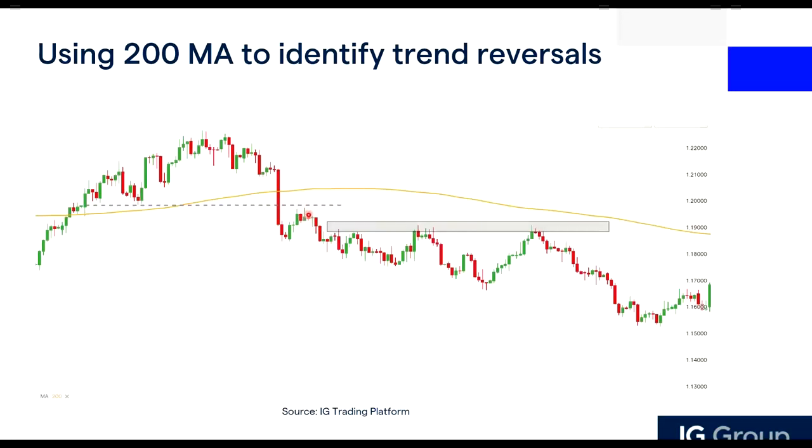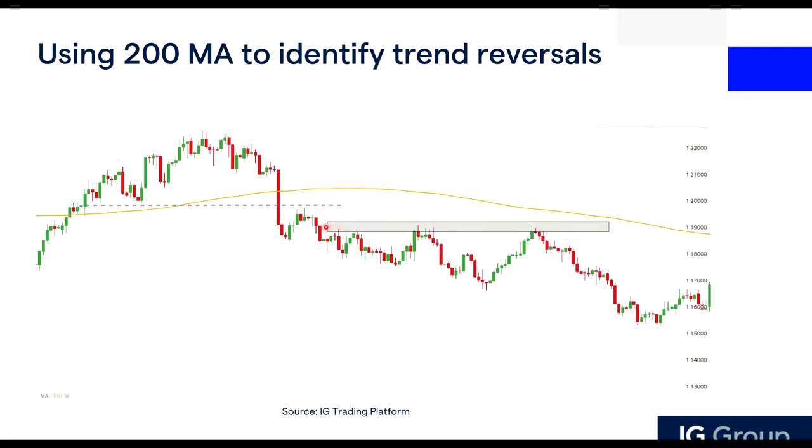So what you can do here as confirmation, again, is to look out for candlestick patterns. But later on, I will share with you some of the other indicators that you can use as well. So here, what we are doing is using simple support and resistance levels to trade reversals, such as the gray resistance zone. If you miss this initial entry, you can look for resistance that's forming to see if price managed to test a few times. If it's a strong level, it could be a potential area for you to short as well.